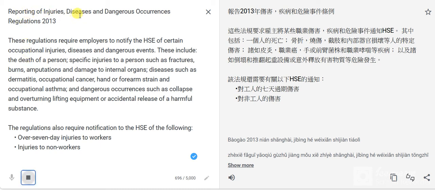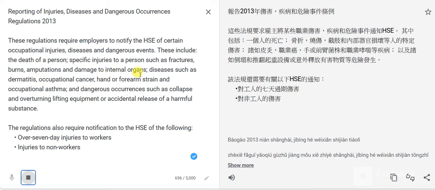Reporting of Injuries, Diseases and Dangerous Occurrences Regulations 2013. These regulations require employers to notify the HSE of certain occupational injuries, diseases and dangerous events. These include the death of a person, specific injuries to a person such as fractures, burns, amputations and damage to